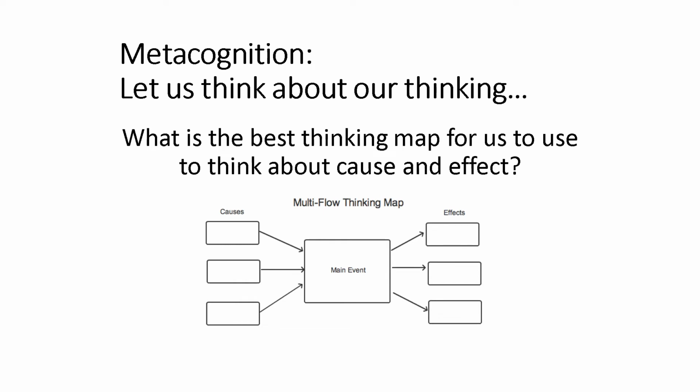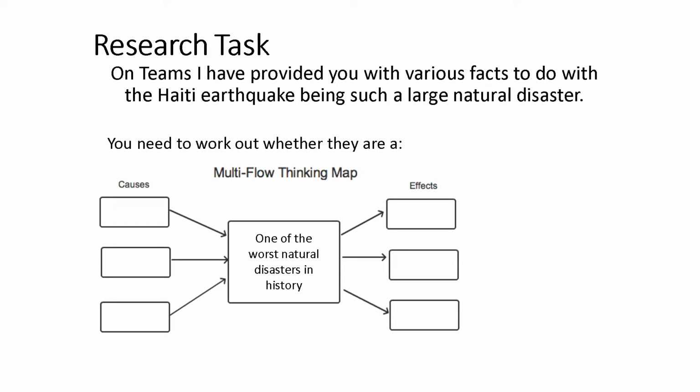So in the centre, we would want to think about the main event. So in your notebooks, or whatever it is you're writing this out, put the main event, what happened, Haiti earthquake, January 2010, put the magnitude, 7 point whatever it was on the Richter scale. That's what happened. Think about what actually it was. Down the left hand side, you're going to be thinking about the causes, and then the right hand side, the effects. I'll explain this a bit more.